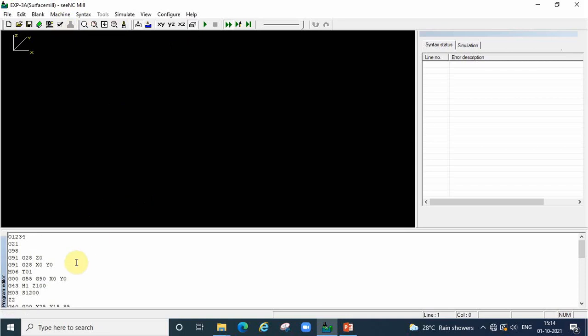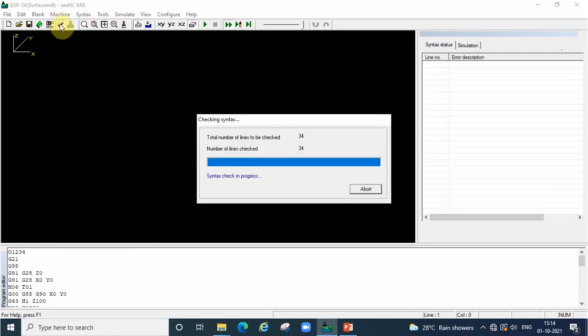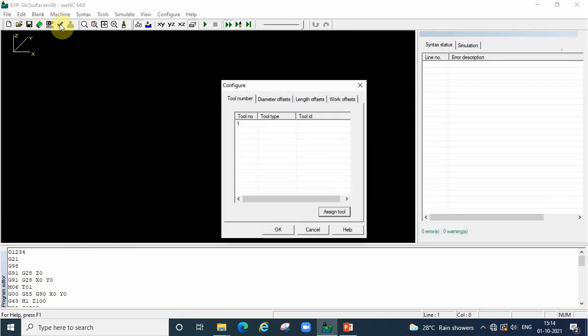Now already we entered the program in the program editor page. After entering the program, we go with syntax. Now we are verifying our program, whether it is correct or not. Now the program is verified, no more error is there. Automatically the software will go to next stage. So only one serial number. In the toolbox, tool dialog box, only one serial number we will get. Why? Because T01 in the program, only one tool we are using. Suppose we are using more than one tool, that particular serial numbers will come. Proper tool to be selected for proper operation.